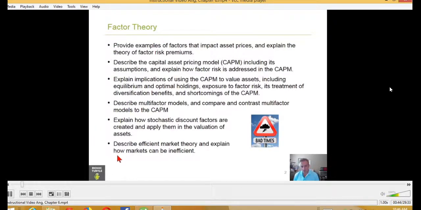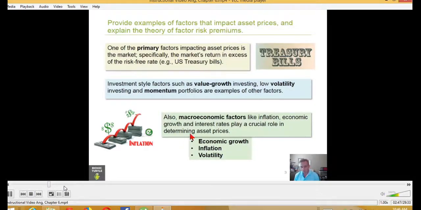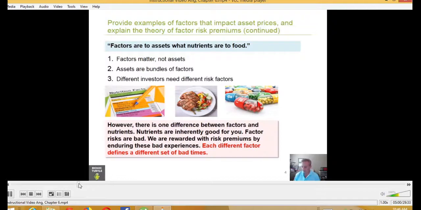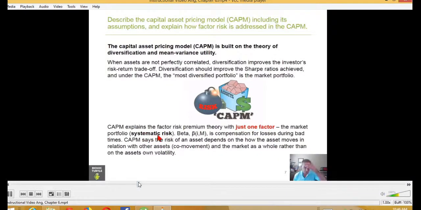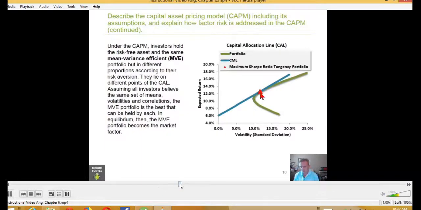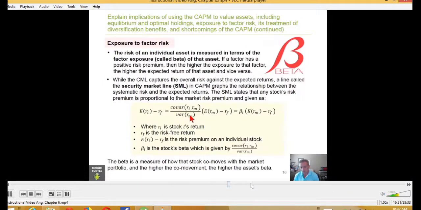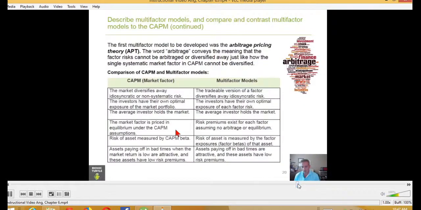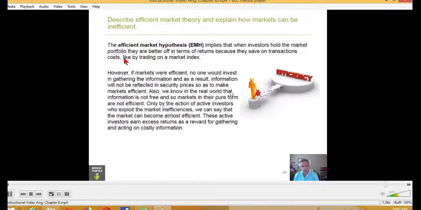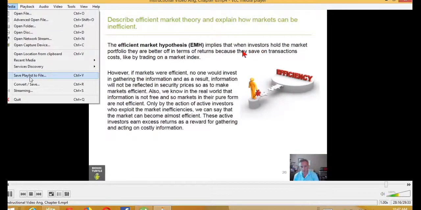And the good news is there's a high overlap here with learning objectives that will be familiar to you from topic 1, the capital asset pricing model. We saw that with the market's return, and that the efficient market hypothesis implies that when investors hold the market